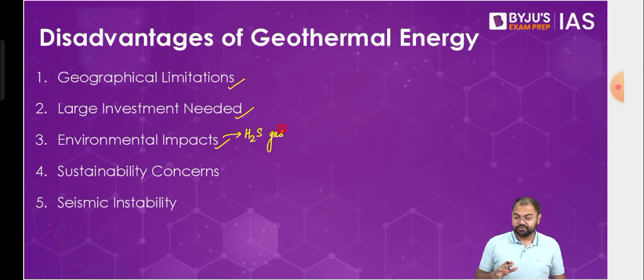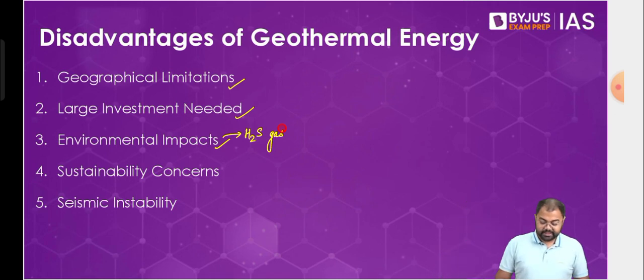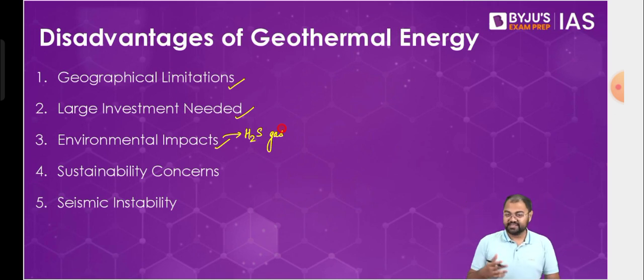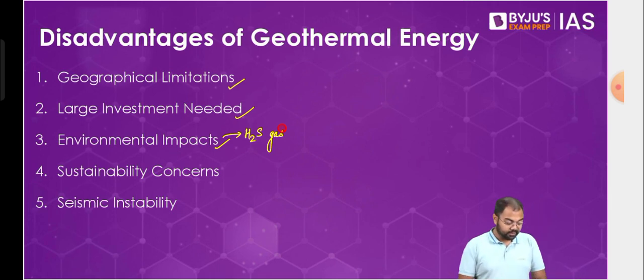So we do see that there are all these kinds of concerns, that the source that we have chosen, whether it is going to last for a long time or not, is something that is also a concern for us. And also in case of dry steam power plant, many times it is possible that a dry steam power plant also wastes a lot of energy. So those kind of areas of concern we have.